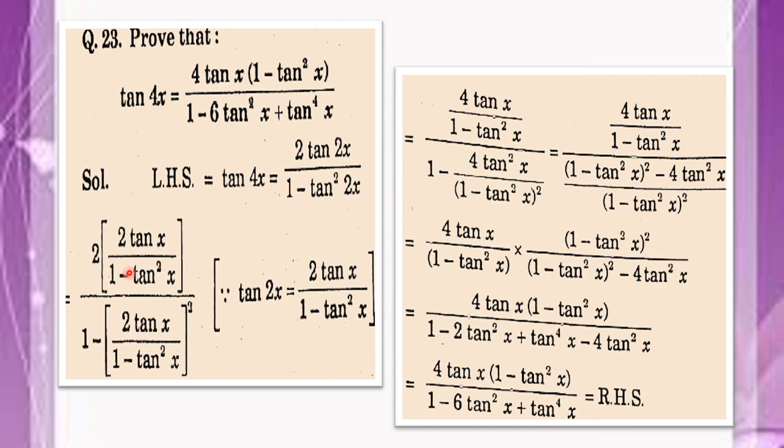So here what are we doing? 2, and here in tan 2x we are applying this property of tan 2x, and in the denominator 1 minus tan²2x, we can apply the same property here as well, and then simplify. You can pause the video and note down the steps. If there is any confusion, we can clarify in the online session.